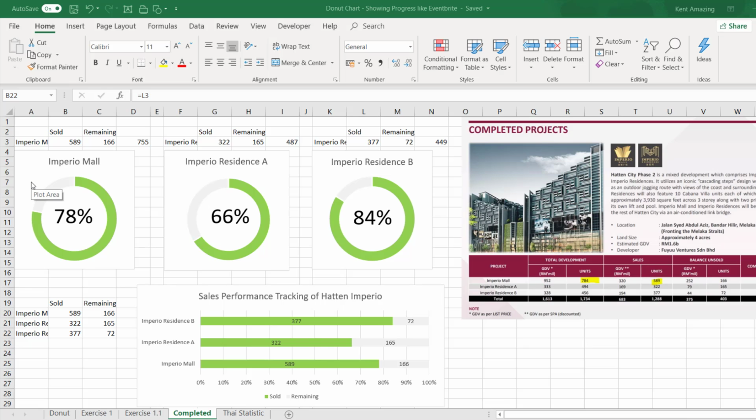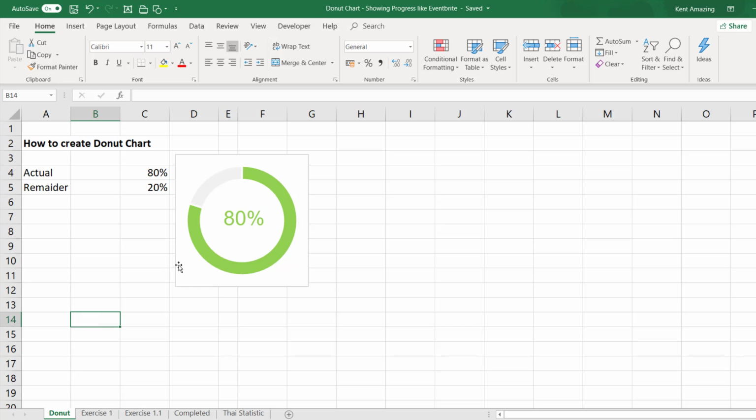In this video, I'm going to share with you how to create this beautiful donut chart. We'll start with a single one. So how do we do that one, right? So